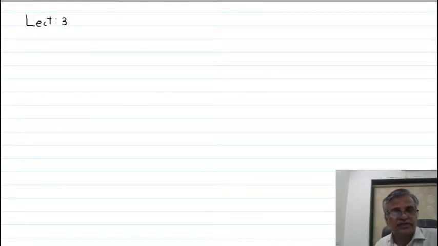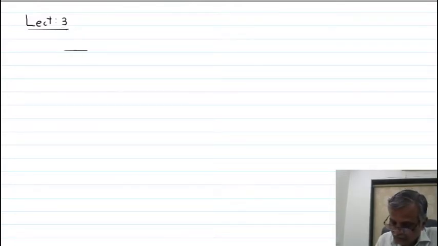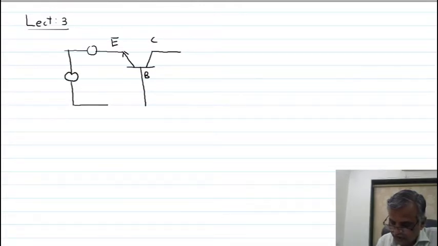Now today I have to discuss output characteristics. So again I am drawing the circuit diagram to obtain input and output characteristics, as shown in the figure. This is your transistor. Base I am keeping common. This is the base, this is your emitter, this is the collector, and this is the voltmeter I am connecting.